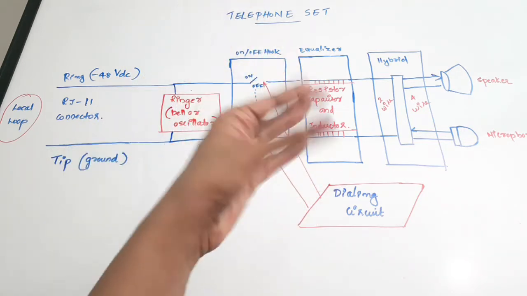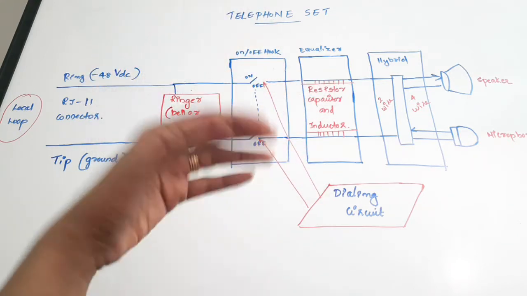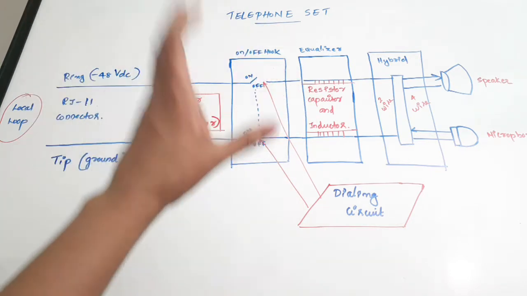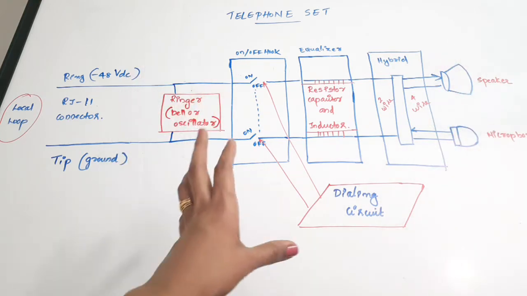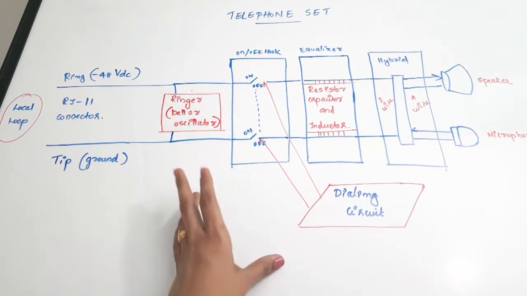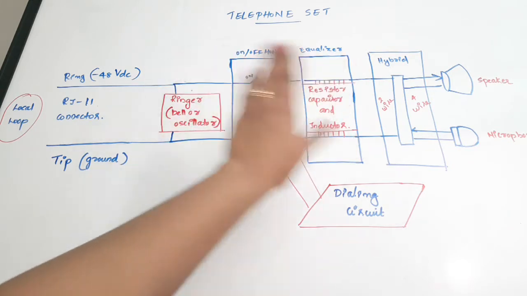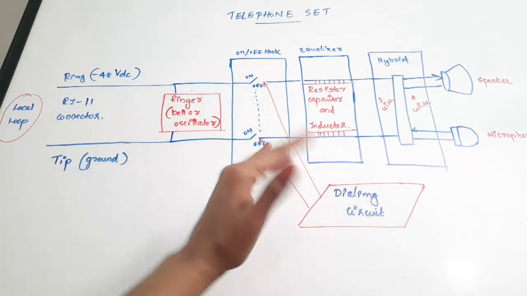When the telephone is idle, the switch is open, and when the telephone is in use, the switch is closed. When we are using the telephone, the speaker and the microphone should be enabled, that is, active, so that the user can speak and hear. So when the phone is active, the switch is closed. When it is not working, the connection is not established and the switch is open. Very simple, just establishing the connection with the help of a switch.